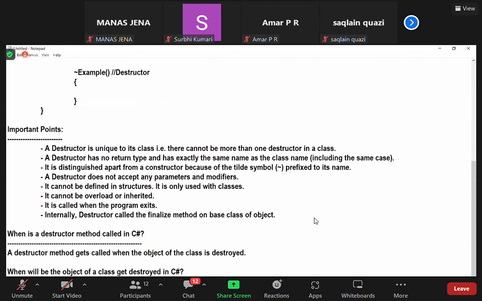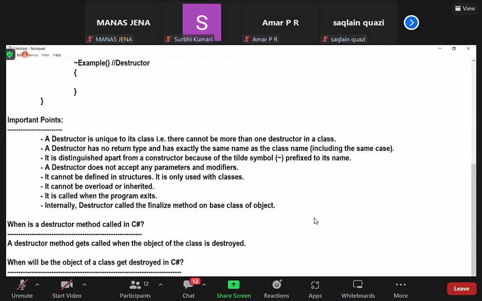So what is the answer for this? People ask, hey, when is the object of a class destroyed? So you are saying the answer is the object of a class